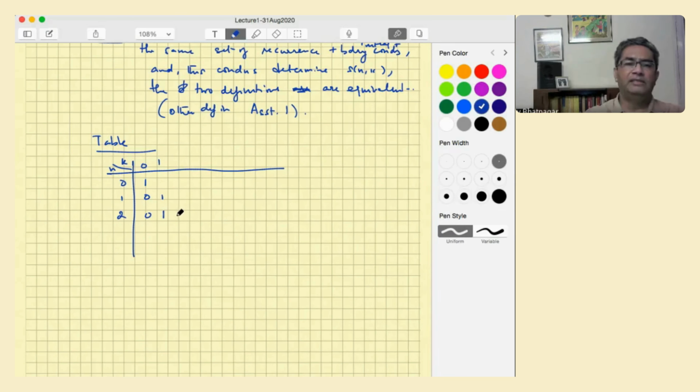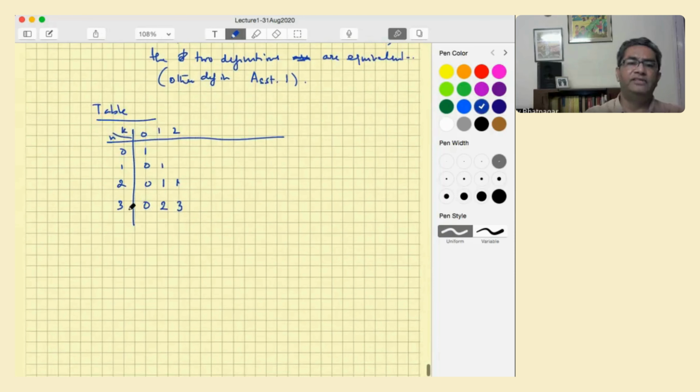N minus 1 times this plus this, and 2 is always equal to 1, so this is okay. 3, this is n minus 1 times this plus this, so that's 2. Then n is 3, n minus 1 is 2, so 2, 3, and then 1,